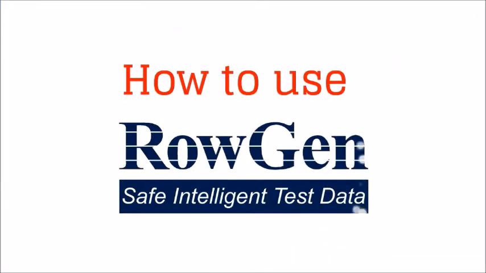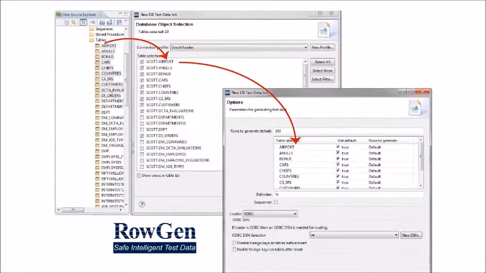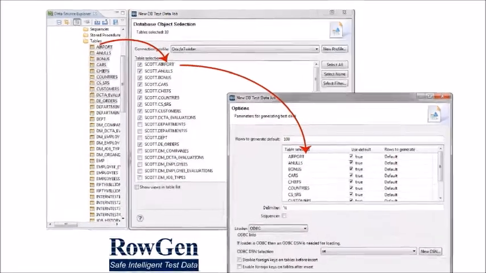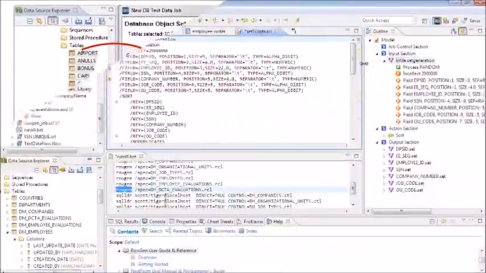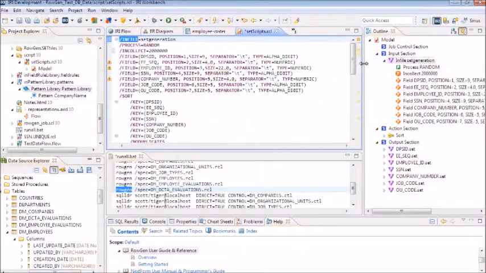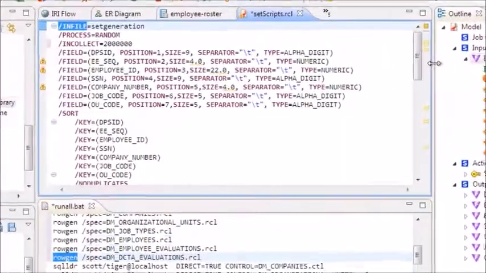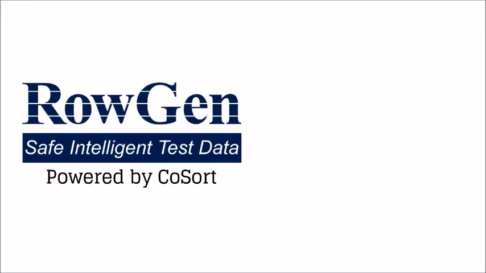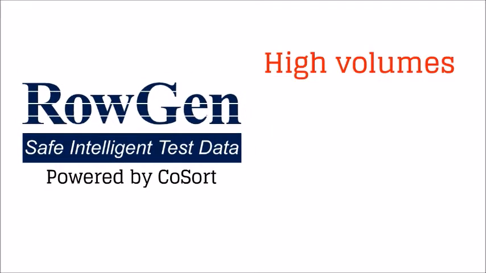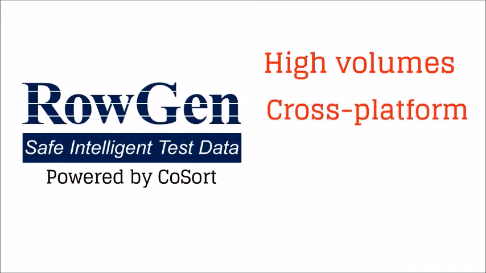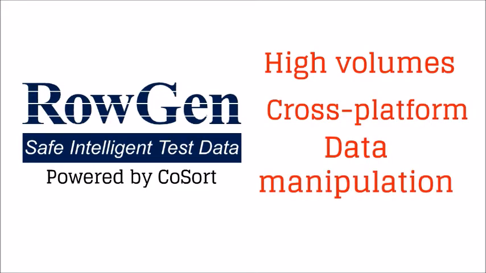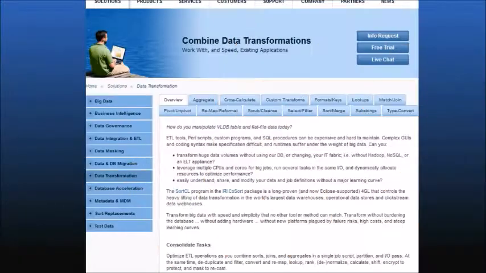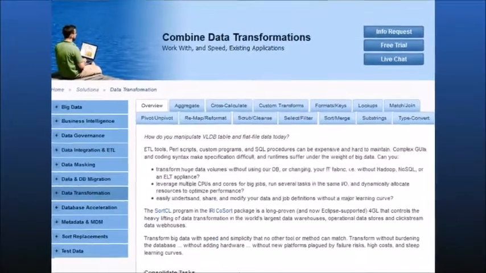So how do you use RowGen? You can build, modify, and run RowGen jobs in the familiar visual environment of its Eclipse GUI, the IRI Workbench, or in simple batchable 4GL scripts the GUI supports and you can read, write, and understand. RowGen is the only tool that can create high volumes of test data on multiple operating systems and manipulate that data for application compatibility. That's because data transformations like these are built into the RowGen program and can run during